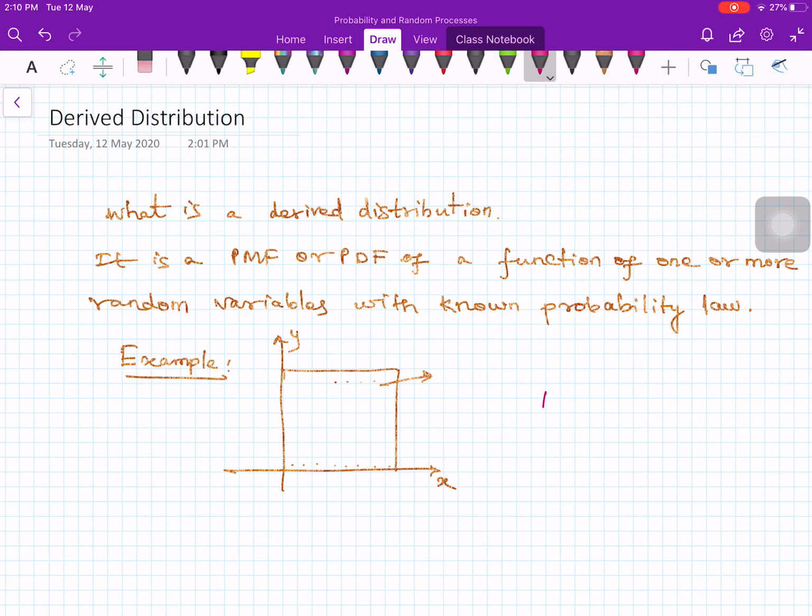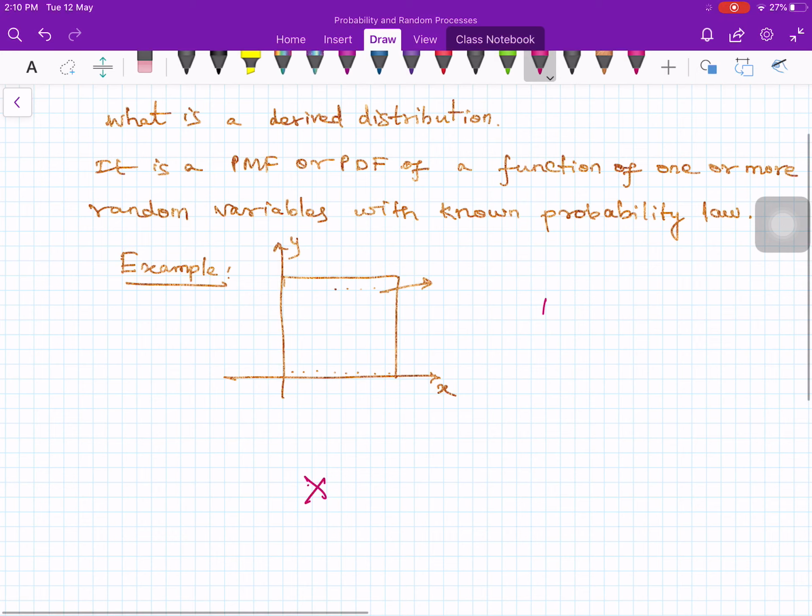In this lecture, I'm going to talk about derived distribution. So now let's change gear and move to the new subject, which is the topic of finding the derived distribution of a function of a random variable. We call those distributions derived distributions because we are given the distribution of X.